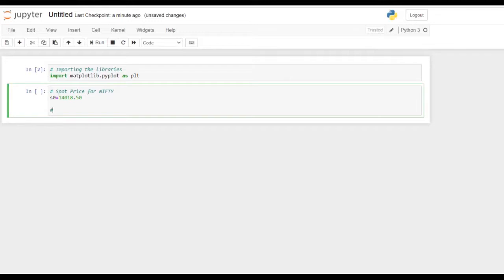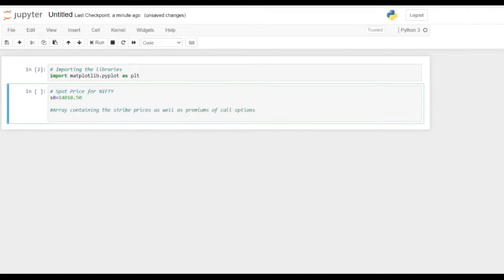So, an array containing the strike prices as well as premiums of call options, right? So I'll just copy the array. This is the following array. As you can see, it's a list of items.